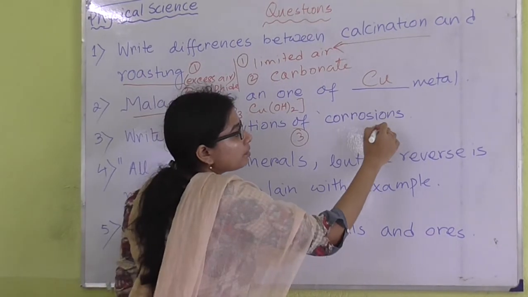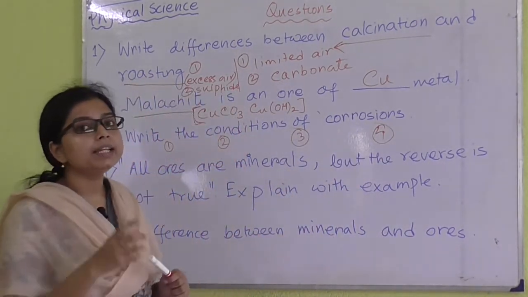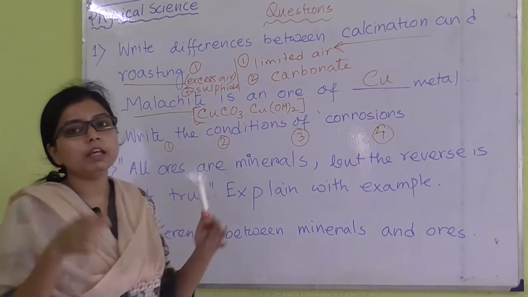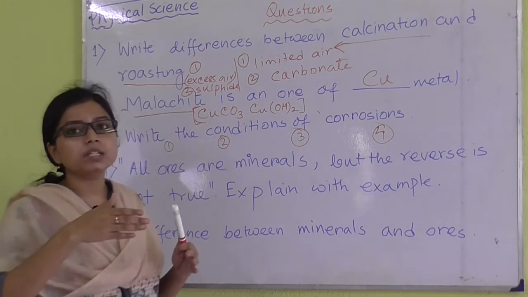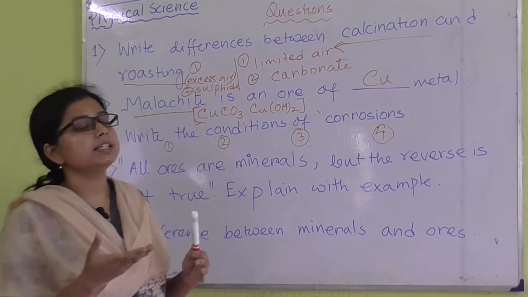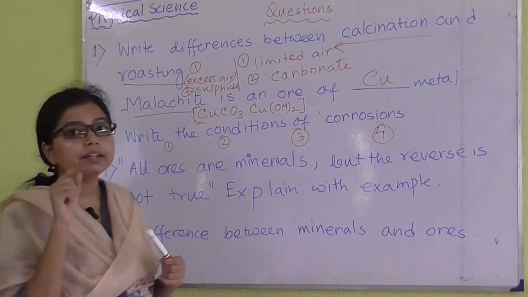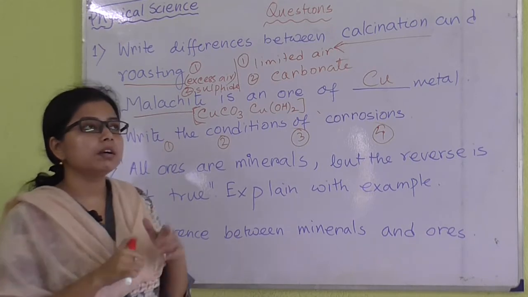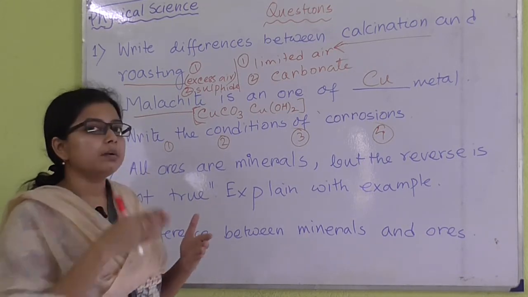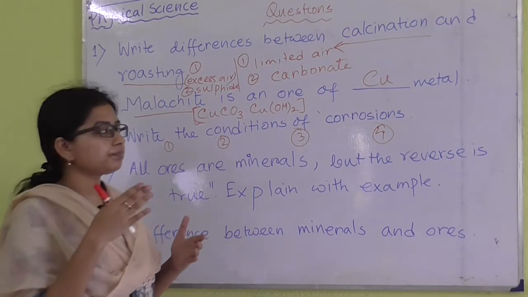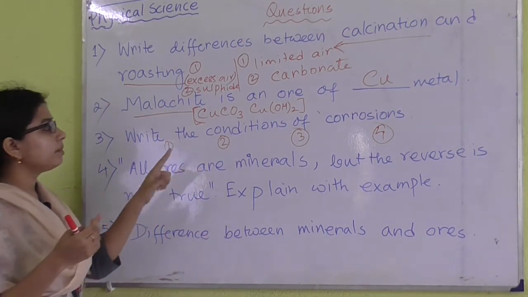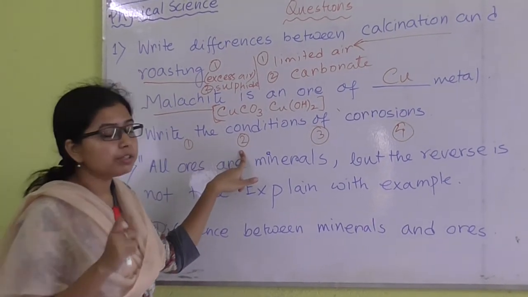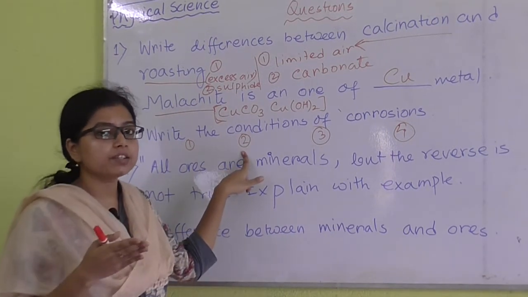And the fourth point is the presence of any foreign salt. Foreign means that it is not present within the medium, but if it comes from any outside source, then we also have to consider it. Suppose in presence of chloride ion, rusting becomes faster. Okay, so sometimes any kind of foreign elements make the whole process faster. Okay, so I am repeating the 4 points. Number 1, presence of moist air. Number 2, presence of pollutants like nitrogen dioxide, like oxides of sulfur.